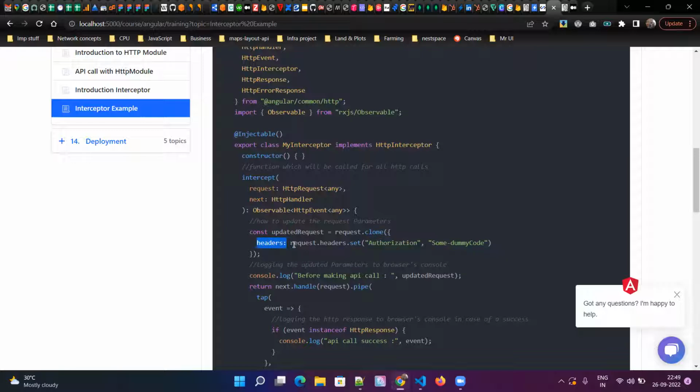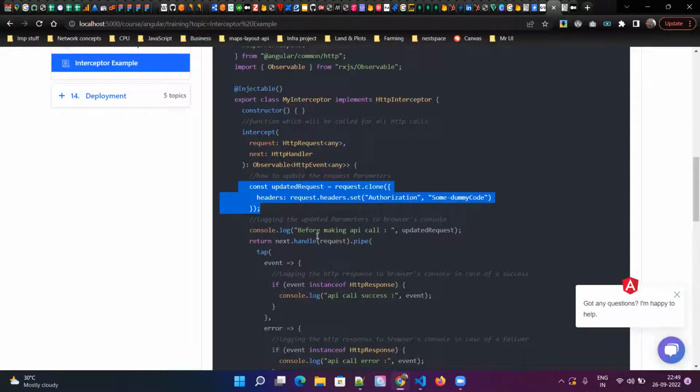So I'm adding headers. Where can we add the header? In the header section. But how can you create the header object? We take this request object dot headers and dot set this new header. So we're taking the original request and taking the headers, and inside that I'm setting a new HTTP header. Okay, that is done. And once that is done,